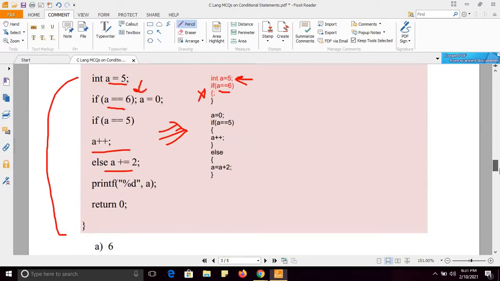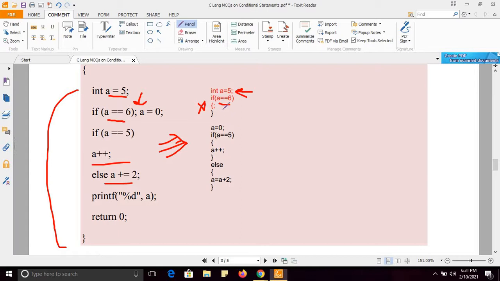Here is the question. Value fine means the condition is false or true, only the semicolon will be executed in case the if condition is true, because there is one semicolon at the end of this statement.